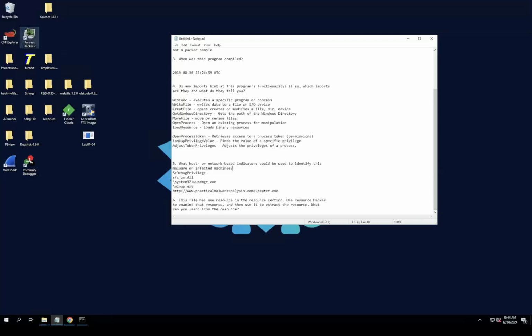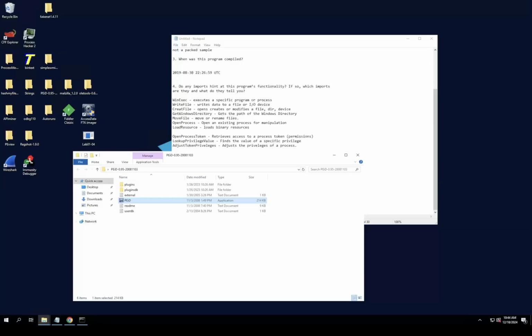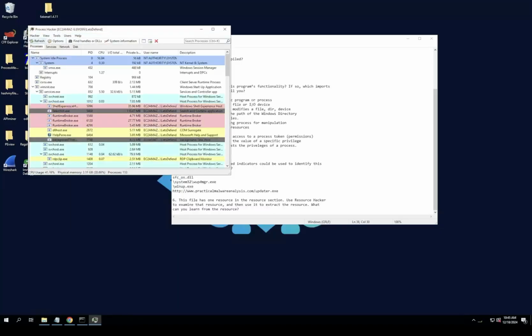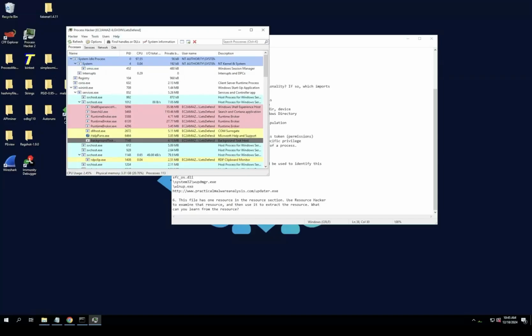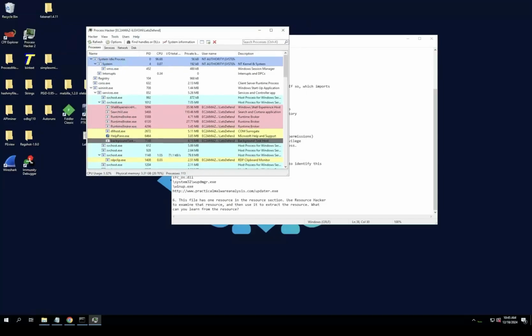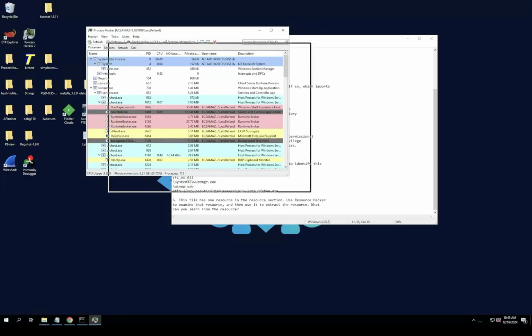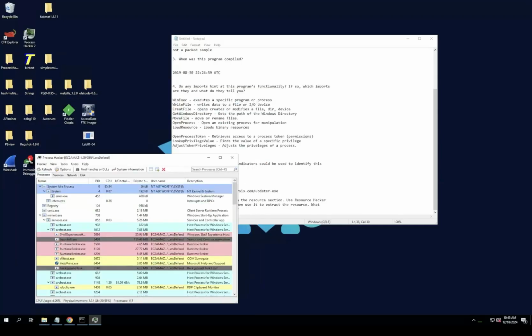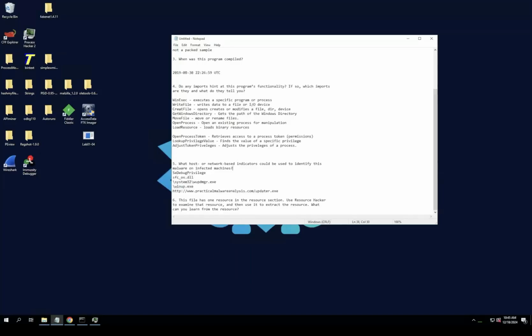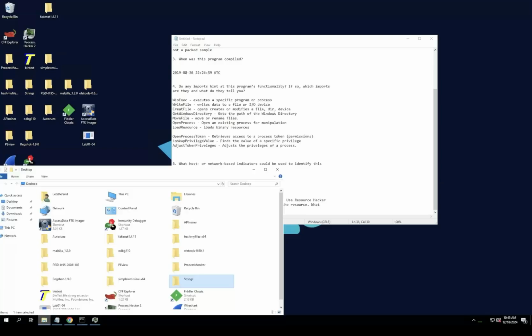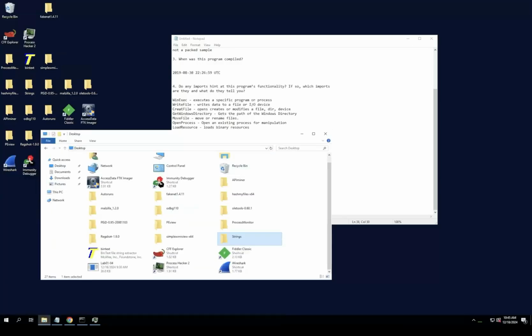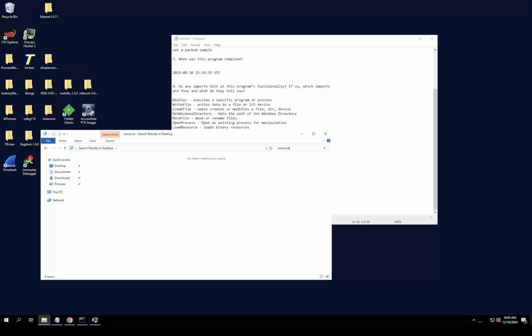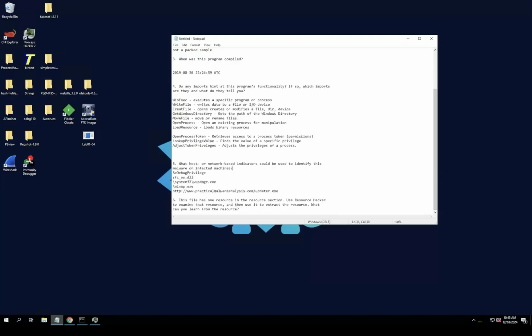But let's use Resource Hacker here, if we have that on this machine. I don't know if we do. Process Hacker. So I can run this, right? Yeah, I can run this because we're in an analysis environment. This is made for static and dynamic analysis. Again, though, I am going to check to see if we do have Resource Hacker. And I don't think we do, but I can also just try to download that